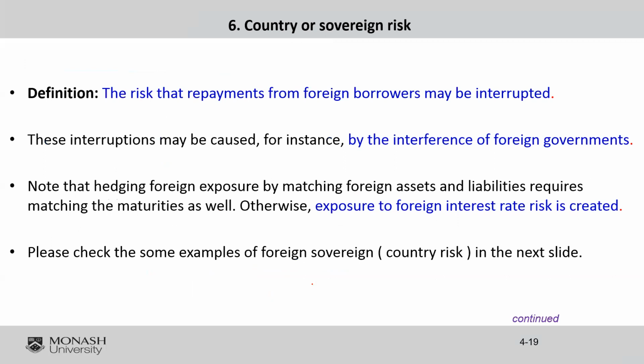Let me move to the next risk. This is country or sovereign risk. This is very easy. It's related to when you may invest in other countries, like government bonds, or you may invest in other countries by providing loans to companies in other countries. And suddenly the foreign government prevents, for one reason or the other, geopolitical risks or because of economic problems in that country,